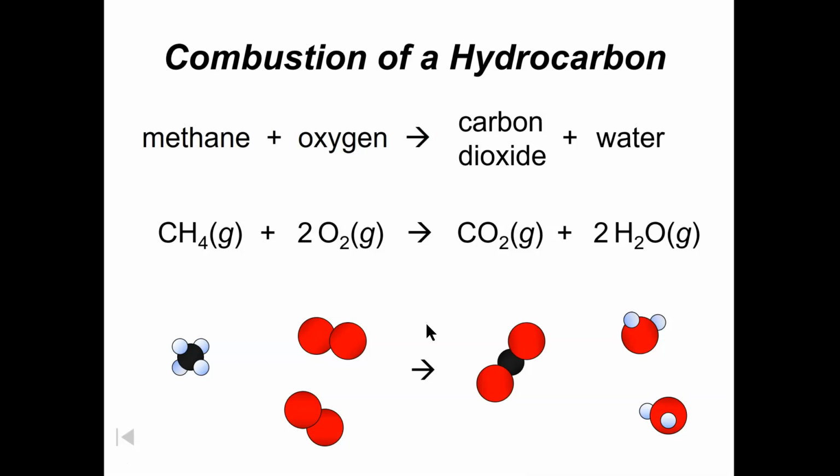So in reality, we could represent it without these numbers here, but this would be the full chemical reaction, and we'd read it just like this. For every 1 molecule of methane, we need 2 molecules of oxygen in order to produce 1 molecule of carbon dioxide and 2 molecules of water. And when we count up all the atoms, we are balanced. We have not lost anything, we have not gained anything, we've simply rearranged the participants of this chemical reaction.